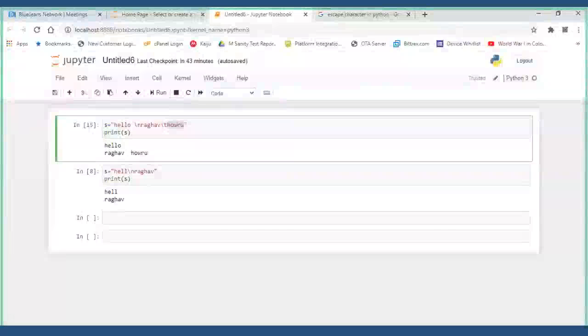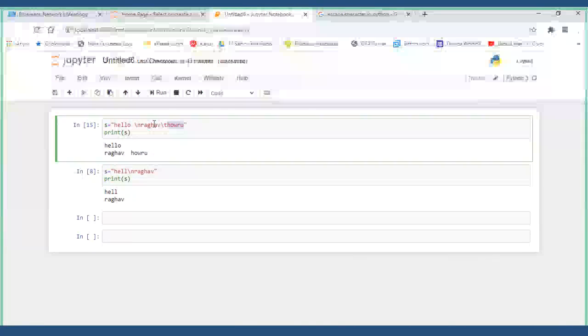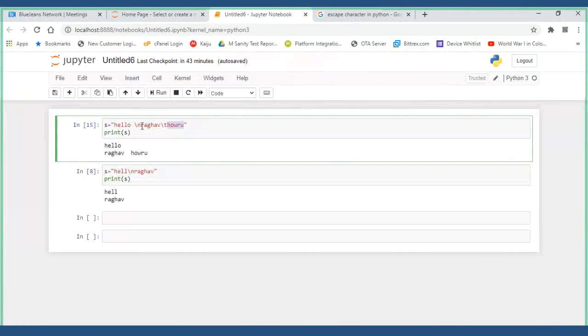Okay, let us see. Now what happened over here is like this, but there is one more option I have. See, hello is there, and I'm going to the next line. Instead of that, I want to give some 3 or 4 lines of space.